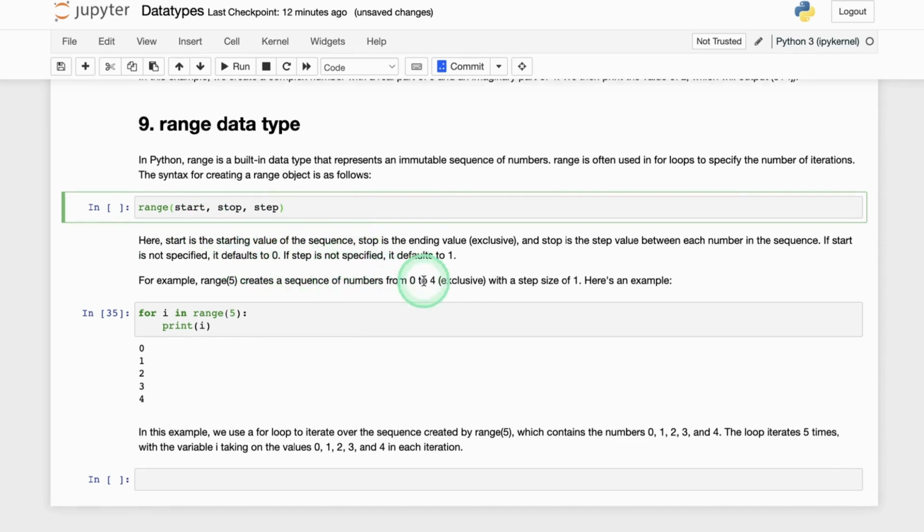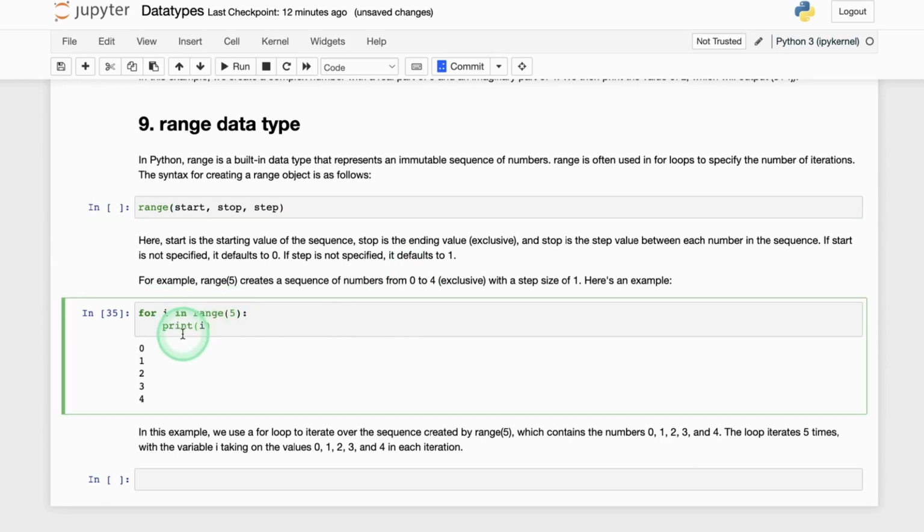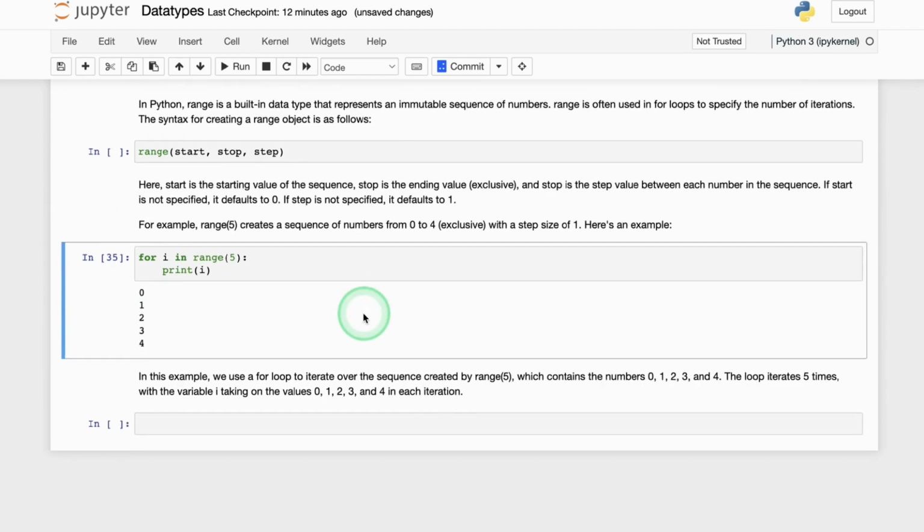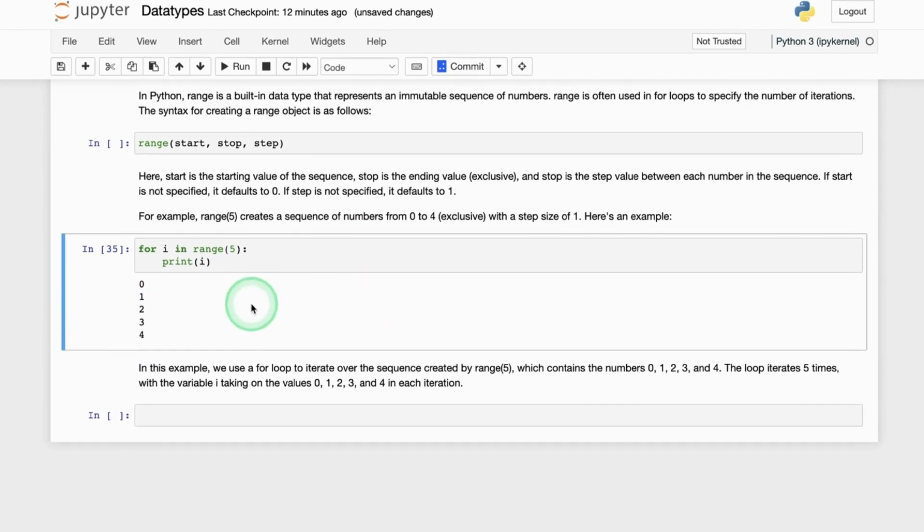So for example, range 5 creates, here I have another example: for loop i in range 5, print i. I have assigned it to print out i, iterating 5 times. That means 0 1 2 3 4. This is how the index number starts from 0 here and ends at 4. So this is how we can work with the range data type. In this example, we use a for loop to iterate over the sequence created by range 5, which contains numbers from 0 to 4, and this loop iterates 5 times with the variable i taking